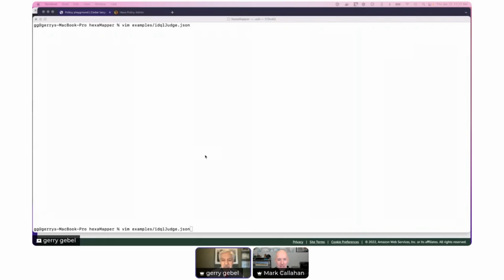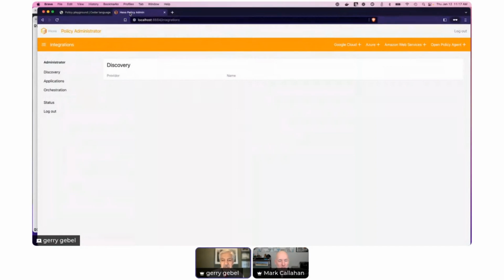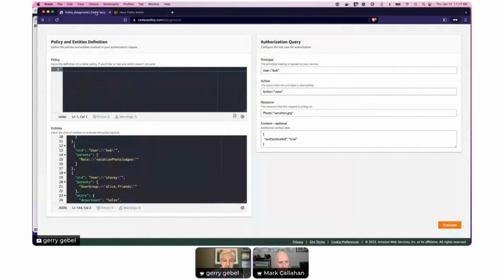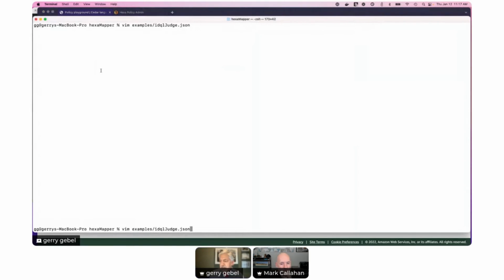Yeah, so you'll see most of the prototype action here in my terminal window, but ultimately we'll add the functionality to the user interface that'll render here in a moment. This is where we connect to different cloud platforms and do discovery, manage application policies, and then do orchestration between those systems. And this is the Cedar playground that I mentioned, and there will be a link in the reference list at the end of the session as well. This is where I'll paste the converted policy into this window, and we'll do some testing with it. So back to my terminal window here.